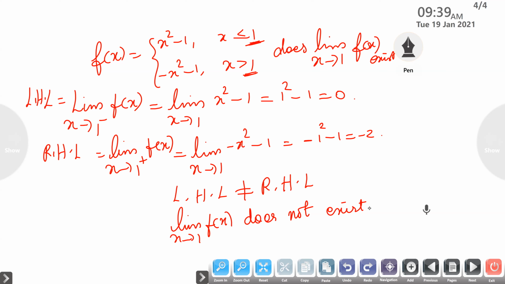Ma'am, isn't it negative 1 the whole square? So won't it be positive? No. Here the negative is outside the x. It is not minus x the whole square. Is it clear? Yes, ma'am. Minus x square. It is not minus x the whole square. Note the difference. Is it okay, Aparna? Yes, ma'am.